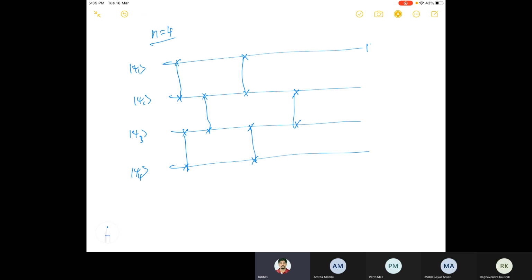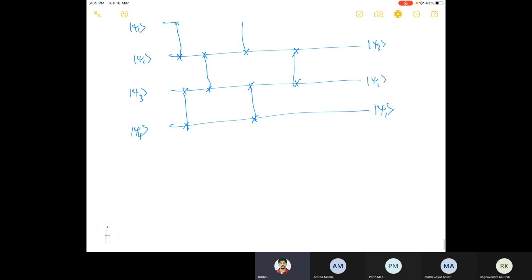And then here you'll get psi 4, psi 3, psi 2. This is a circuit when n equal to 4, and similarly you have when n is odd. So for example, n equal to, let's say, 5,